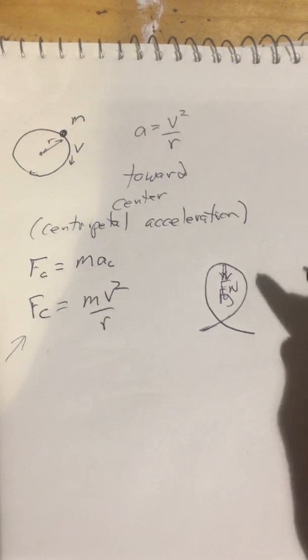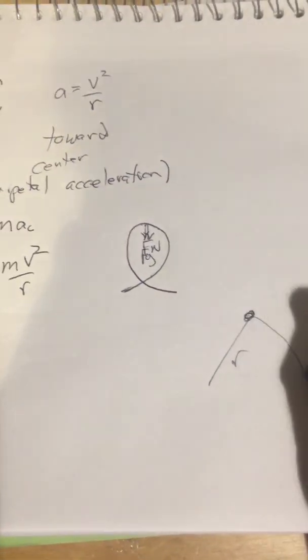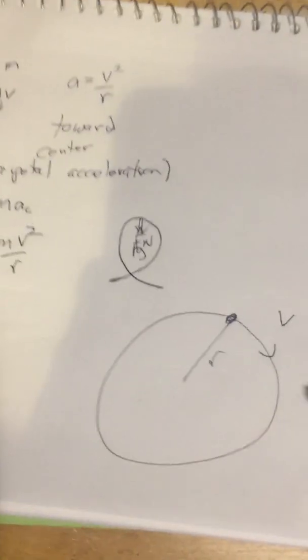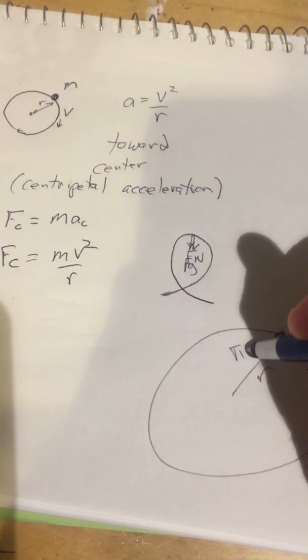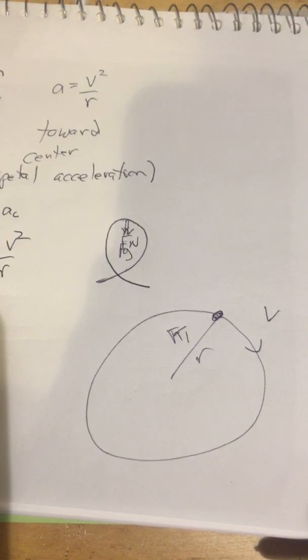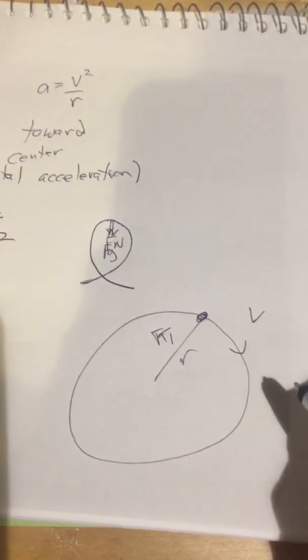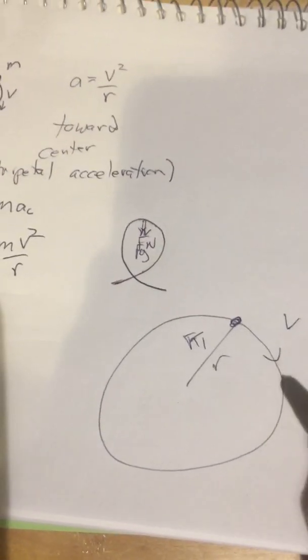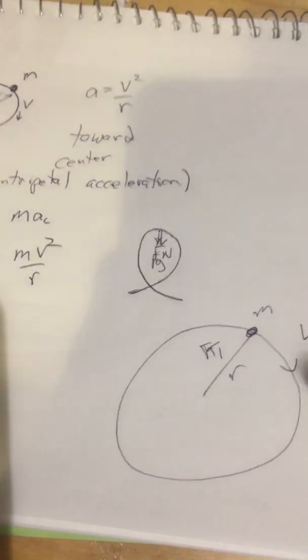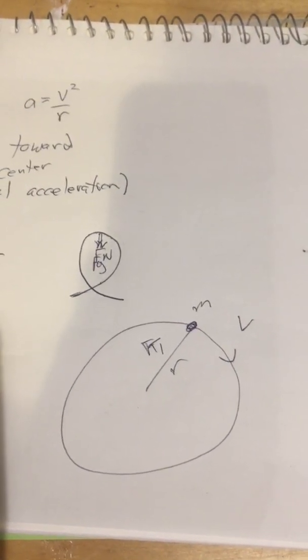Another one is swinging an object on a string overhead, where the string is some distance and you're swinging it in a circular path, and it's following that circular path with some speed v. And in this case, it was the tension of the string that was associated with centripetal force. So you have to know the speed of the object in order to find this, and you have to know the radius, and you have to know the mass of the object, and you can know what the centripetal force has to be. Other examples also are orbits,